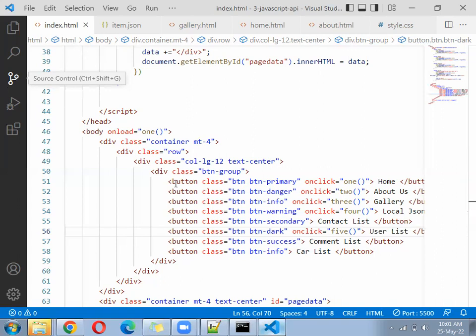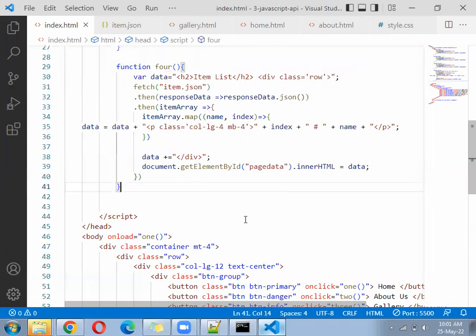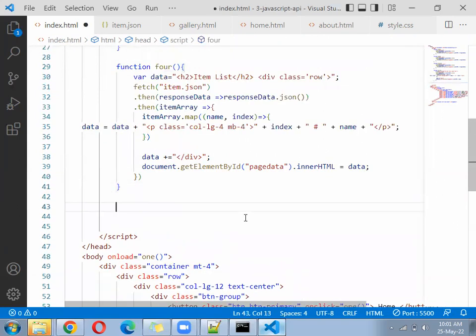Function 5 is written, that is for user list. So write a function called function 5, and inside function 5,